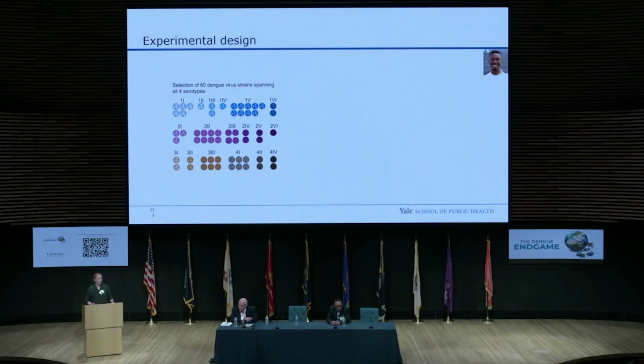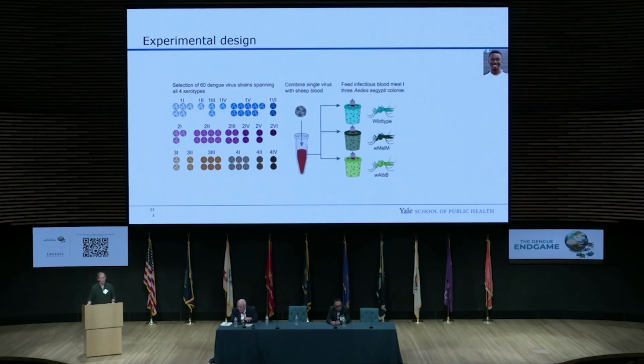This is work led by a PhD student in my group, Afish Odende. He took on this major challenge of doing vector competence experiments with 60 viruses. And it doesn't end there, because we also wanted to include different Wolbachia strains. In our system we have a wild-type mosquito, Aedes aegypti from Australia. Then our collaborator, Perran Ross, created two different Wolbachia strains. One is a specific strain of WMEL, which is why it's called WMEL-M.